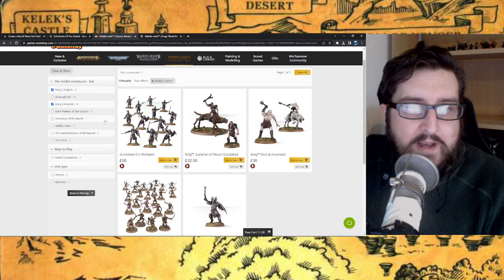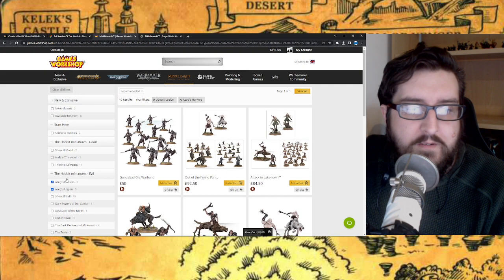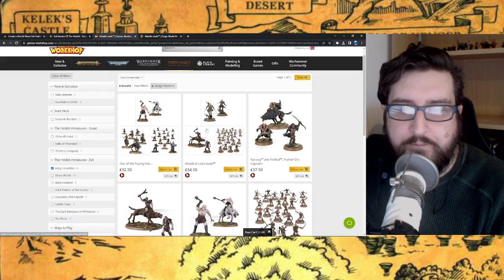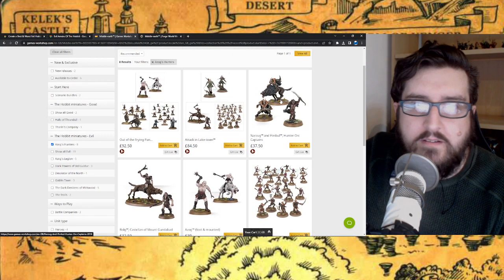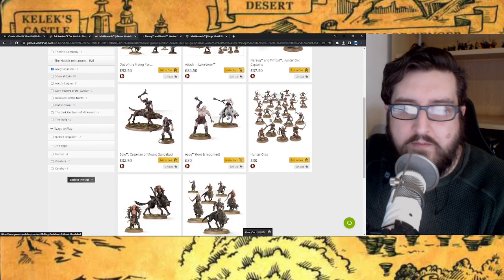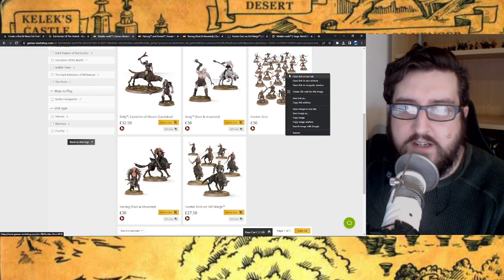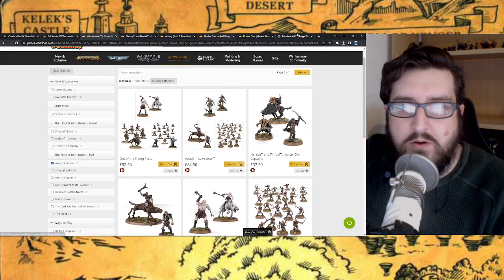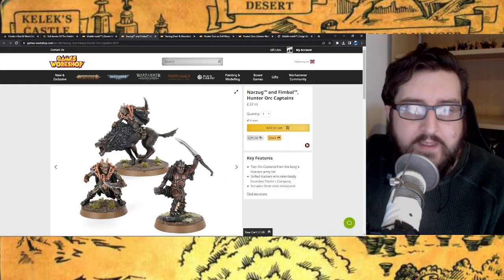So let's fire up Azog's Hunters on the old Games Workshop. And of course it is frozen because it always does. There we go. Boom. So, Narzug and Fimbul. Where is he? Yazneg. The Hunter Orcs. Do they have any more? No, they don't. Right, so...